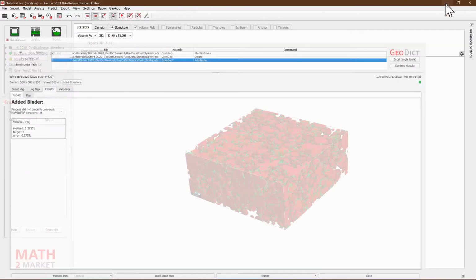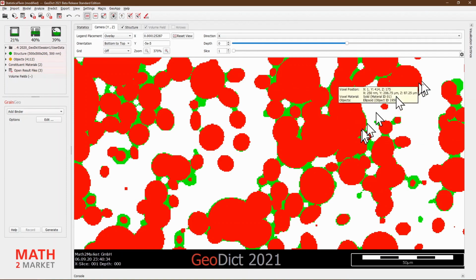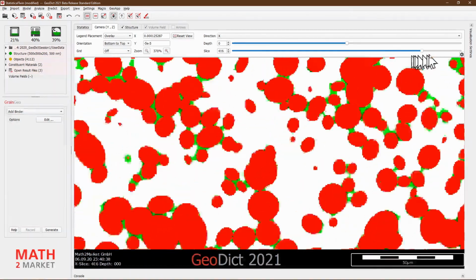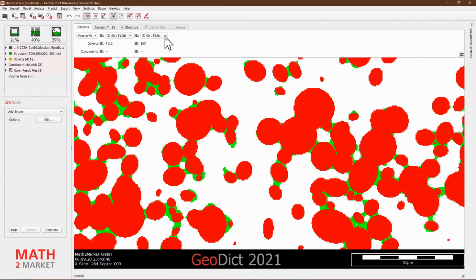So now I go to the visualization here, and we can nicely see the green binder distributed throughout the red original grains. Let's look at it also in 2D, where we can have a look at all the different cross sections here, and I can see that actually we have added 3.5% binder, and there were actually only 43.5% grains originally here.